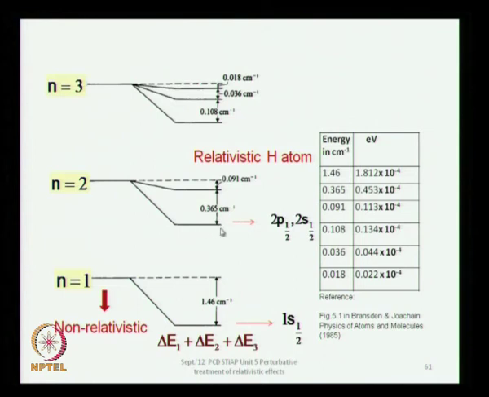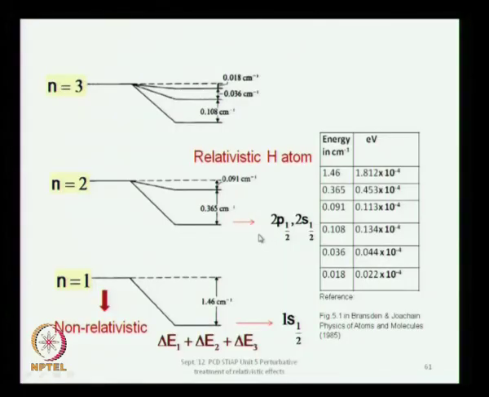So, this is the level for 2p 1/2 and 2s 1/2, which are degenerate. This degeneracy is not removed at the Dirac level, right. Relativistic quantum mechanics does not resolve the degeneracy between the 2p 1/2 and the 2s 1/2 states, but it does